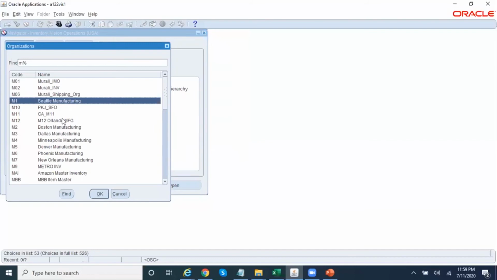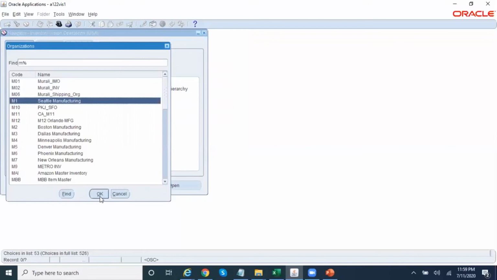Whatever inventory org for which you want to provide access to a particular responsibility, you can use your org access screen, wherein you can specify the inventory org as well as the corresponding responsibility. Again, remember, this is not specifically restricted to the inventory responsibility. You have an org access screen or inventory related screen in other responsibilities, that is your payables and receivables responsibilities as well. So you can use your org access screen to secure the access of a particular inventory org to different responsibilities, not only inventory.